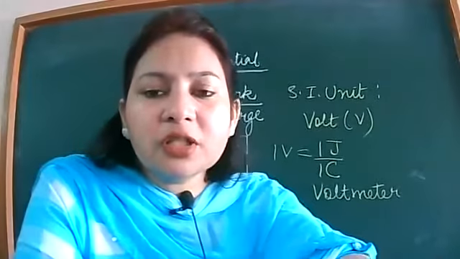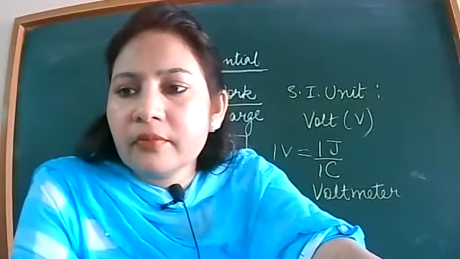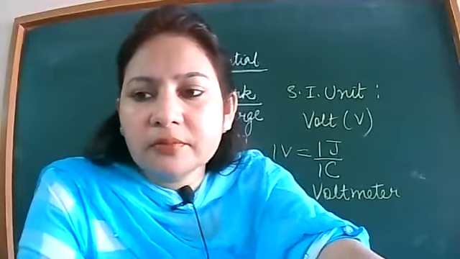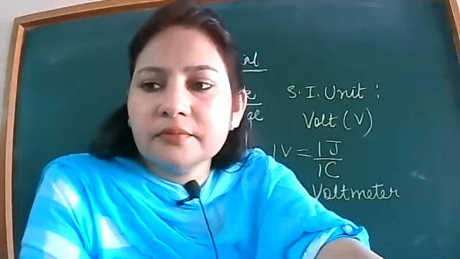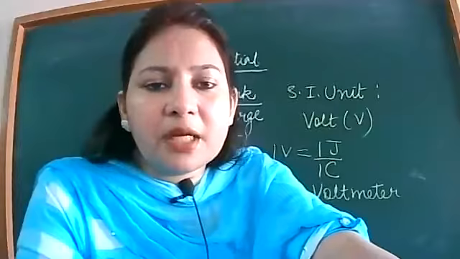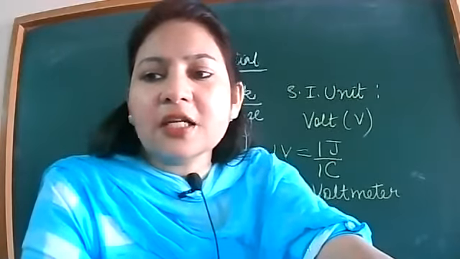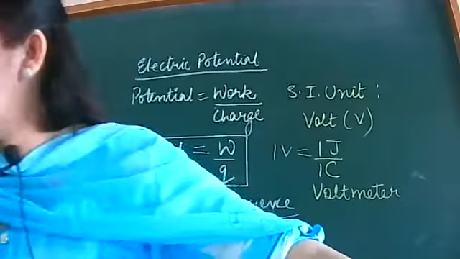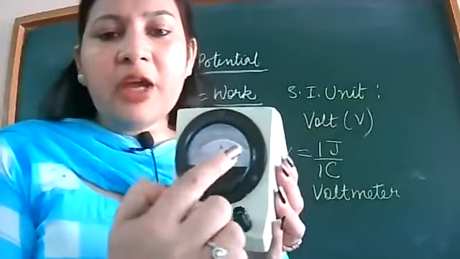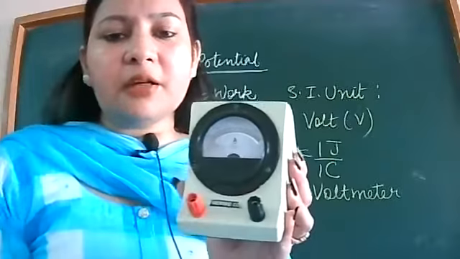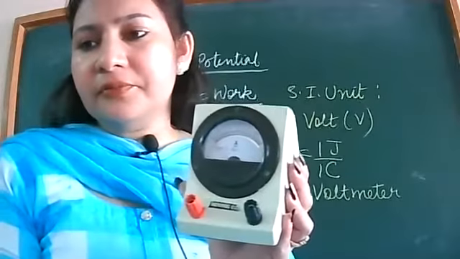Okay. Do you know the device that is used to measure current flowing in a circuit? Yes, students, do you know that device? Yes, Arsheen. Ma'am, I think it's ammeter. Yes, that is ammeter. An ammeter is a device that is used to measure current flowing in a circuit. So I show you, this is an ammeter, where A is written in the center.